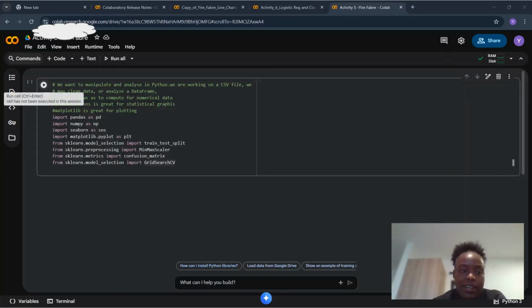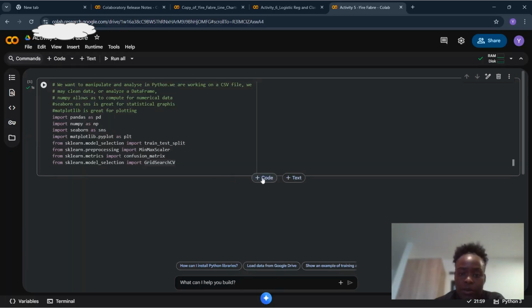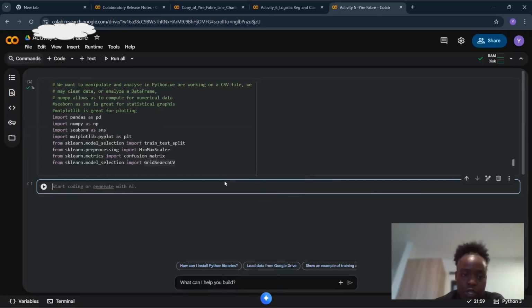So once you're done with the first step, you run the cell. So you click run. So it tells you that you have executed this in 1 second. So then we go to the next phase, which is